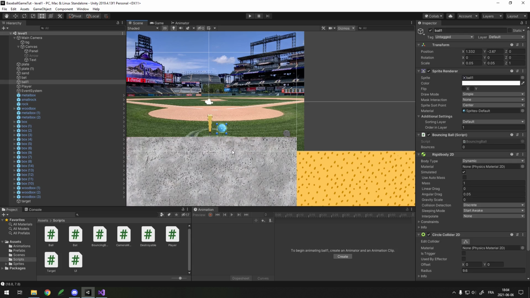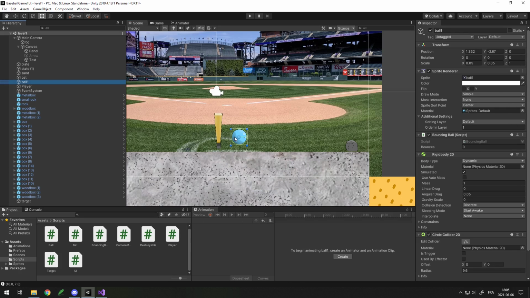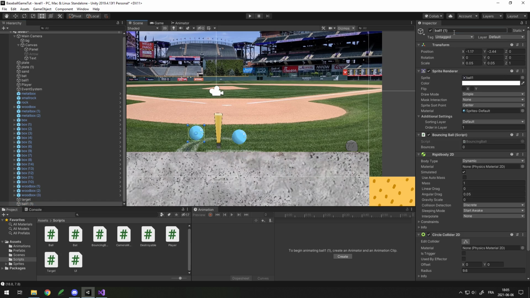In this part we'll add the multiple ball system so we can switch from one ball to the other, and we also make it so we cannot keep inputting velocity into our ball while we're launched, so we can only launch one time. Okay, so first off, my ball 1 here, I'll duplicate it, call it ball 2 I guess,